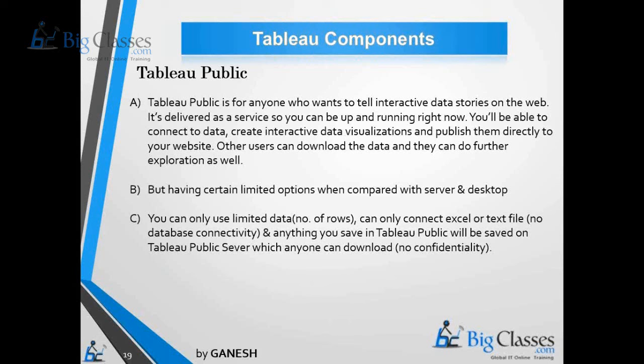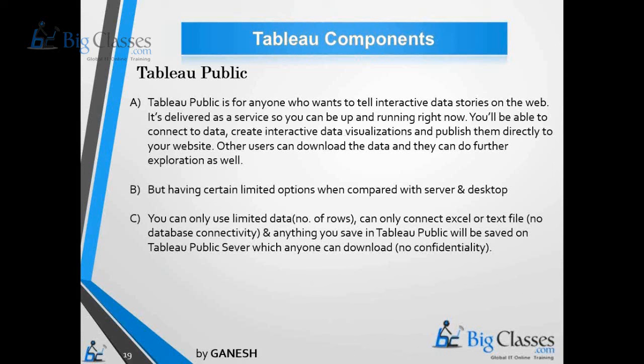All these interactions happen on the web. You can connect to data sources, create interactive data visualizations, and publish them directly to your website. Other users can also download the data or the respective dashboard and do further exploration on the dashboard which you have developed.